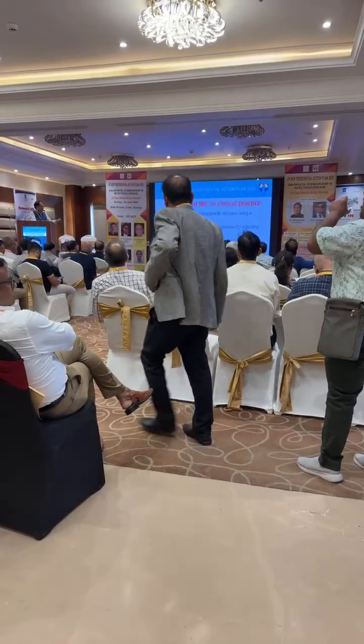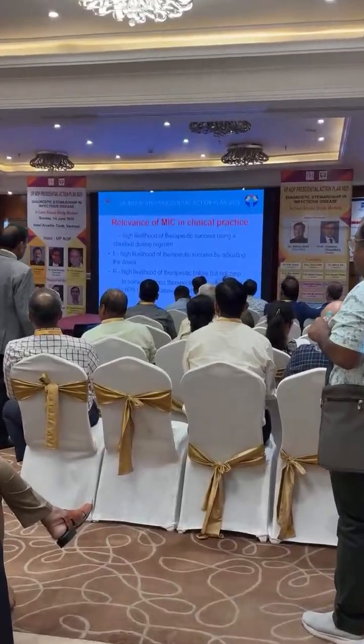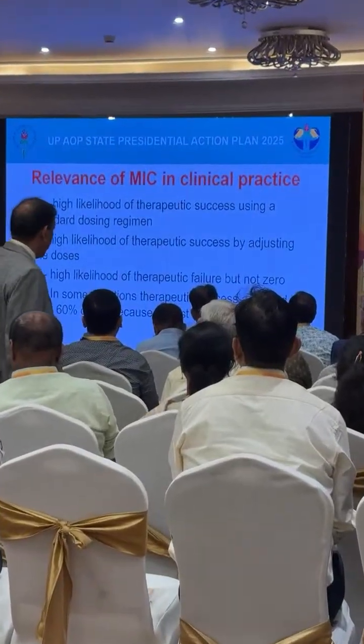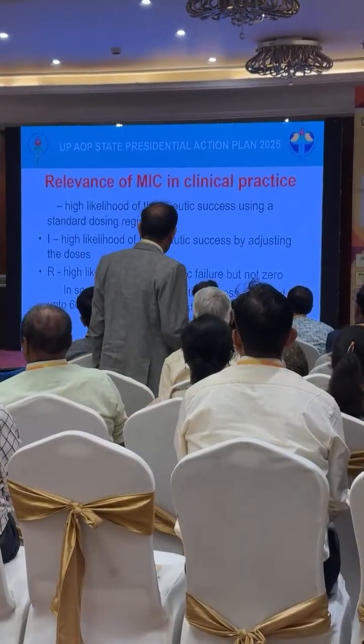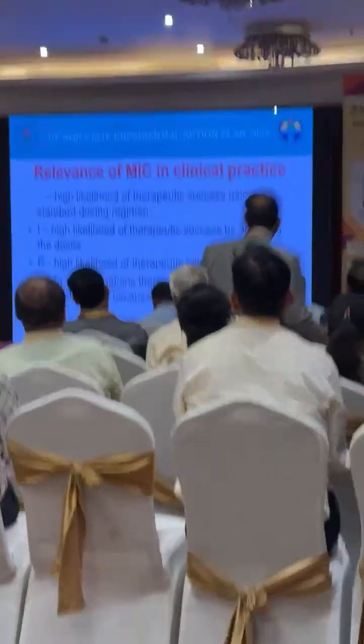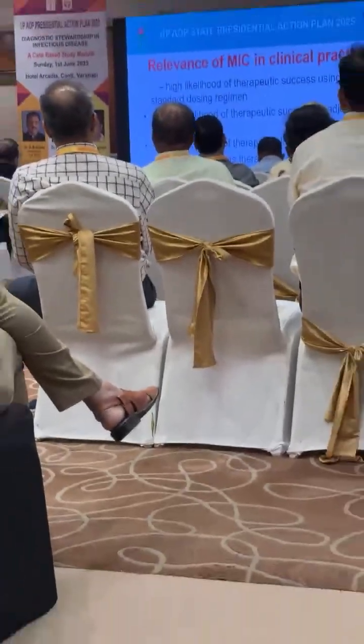S is susceptible. I is susceptible with increased exposure: a high likelihood of therapeutic success by adjusting the dosage. You just increase the dose a little bit and there will be success. And R is a high likelihood of therapeutic failure, but not zero. This is the resistance. In some resistance cases, therapeutic success is achieved in up to 60% of cases because of